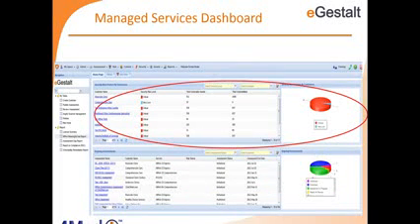This is what the managed services dashboard looks like. If there are resellers and channel partners who are interested in exploring this, you will essentially have access to the dashboard, and this could be an internal employee who's managing and overseeing the whole process in a business as well.